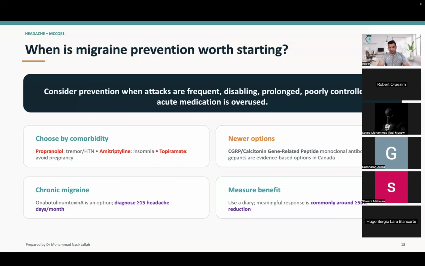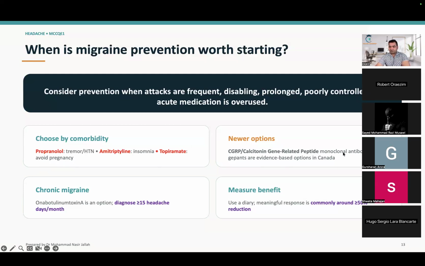But I have to know in which condition, which I'm going to go deep into, I cannot use these medications. For example, if my patient has kidney stone, ureteral stone, if the patient is taking too much vitamin D, vitamin C, in these conditions, or the patient has renal failure, I cannot use topiramate. And also if the patient is pregnant.